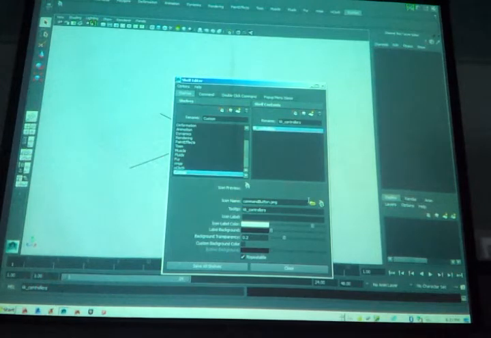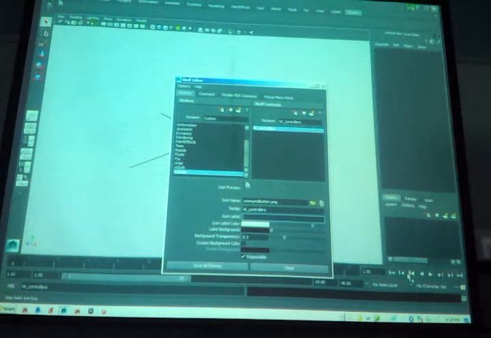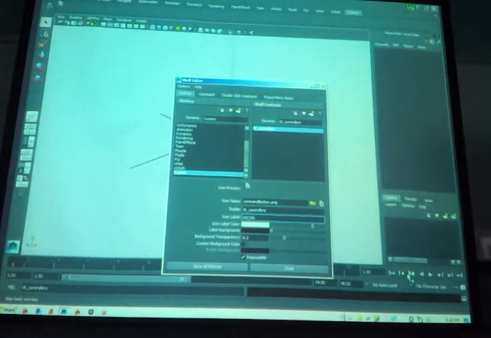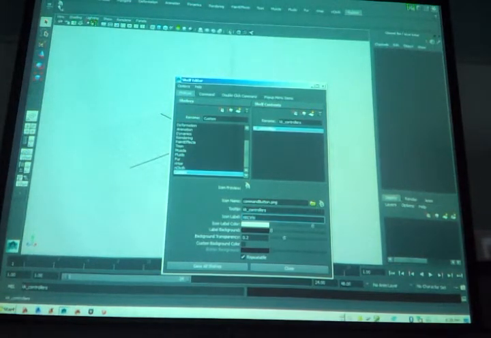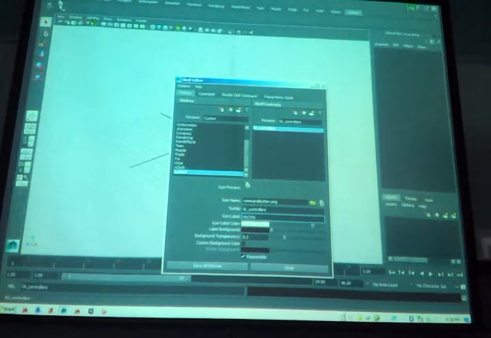I'm going to leave that name right there, but what I want is an icon label. So right where it says icon label, I'm going to put KK Controls or something along those lines. So that'll give me a little label on here. Next thing I want to do is change that hideous looking little icon. So here's what I do. I go right here to where it has icon name. I'm going to click on the folder,